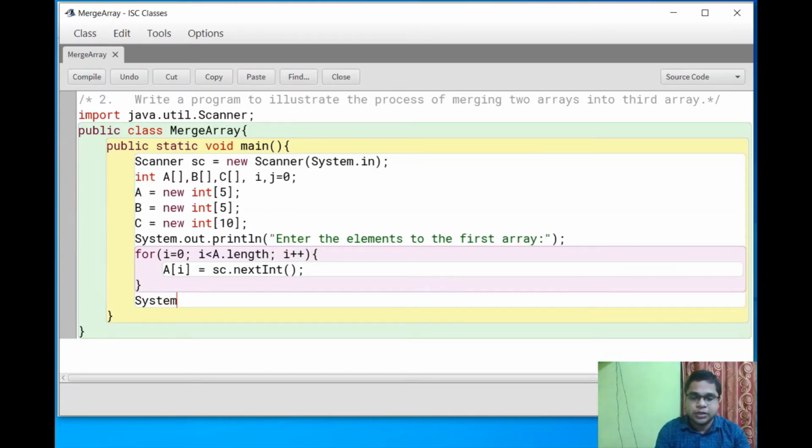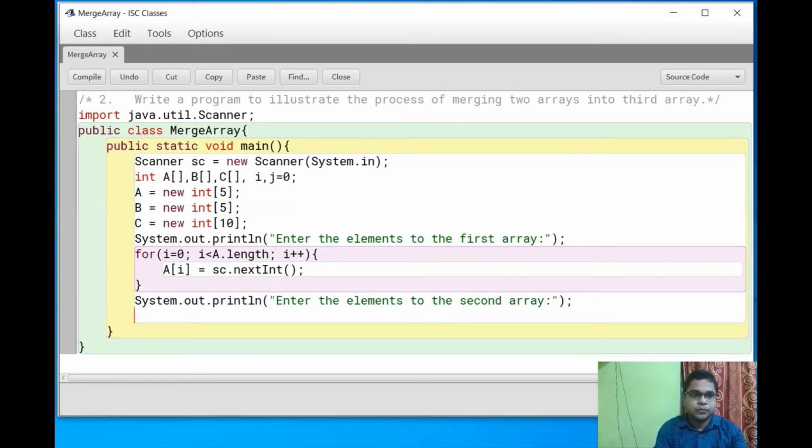Now I am giving another message, System.out.println, enter the elements to the second array. Now taking the for loop here, i equals 0, i less than b dot length, then i plus plus.